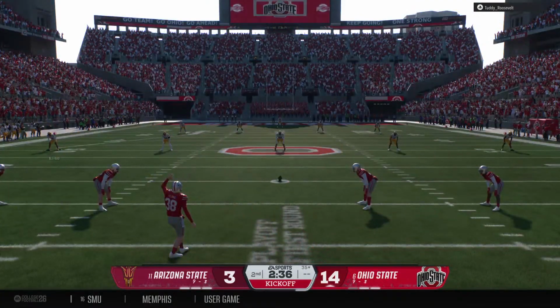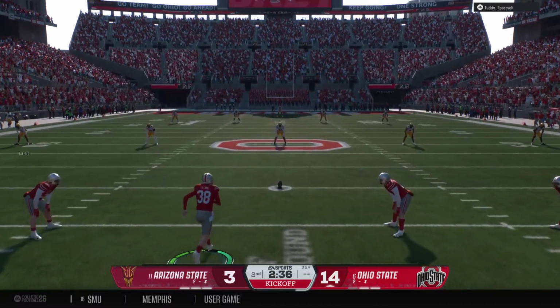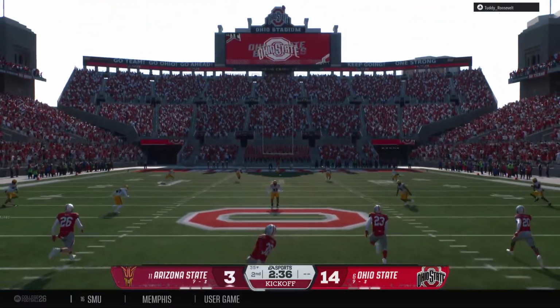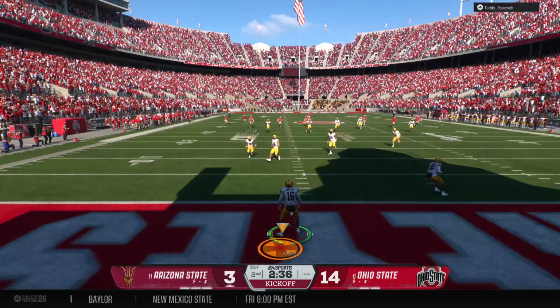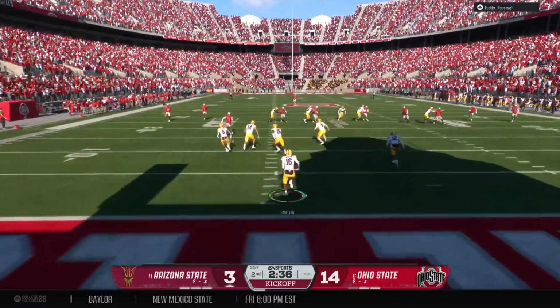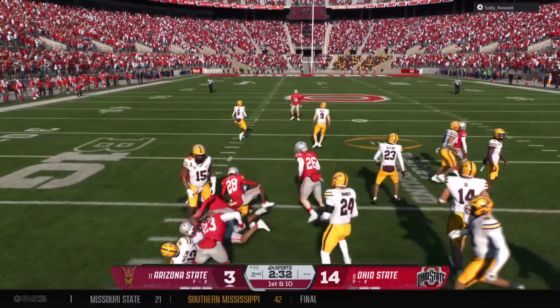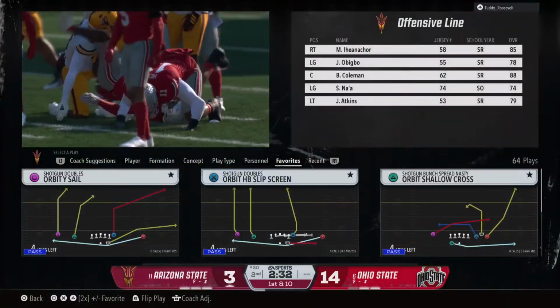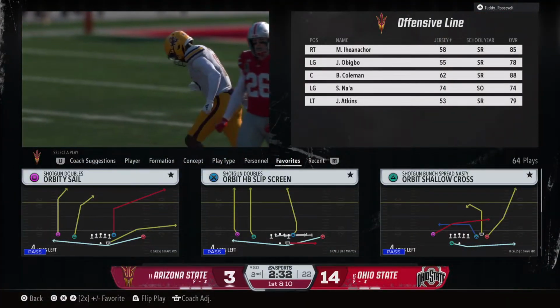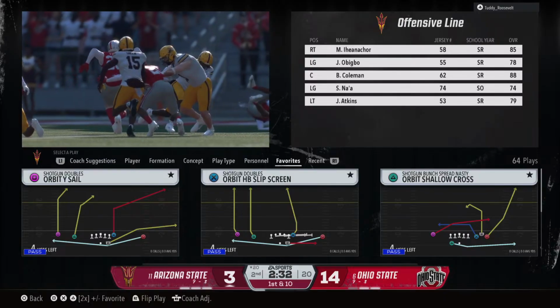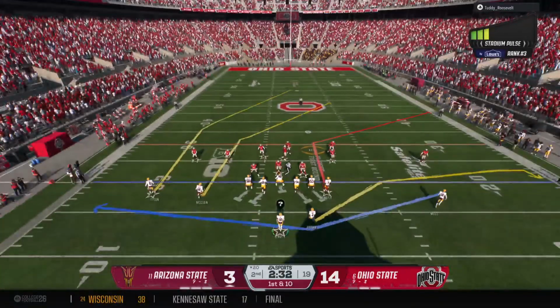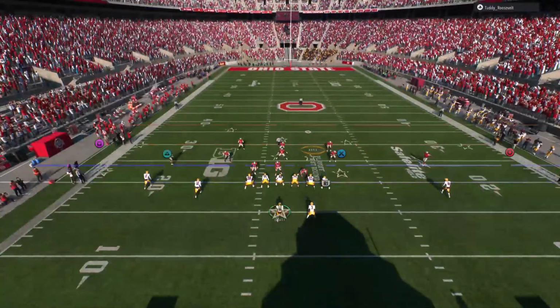Kickoff team out there, they are fired up after just scoring a touchdown. Fielded in the end zone. It's Hamilton. It'll be tackled right at the 20. That's a good job by the coverage team. So the first play of the drive coming up here. Under 3 minutes to play before half.